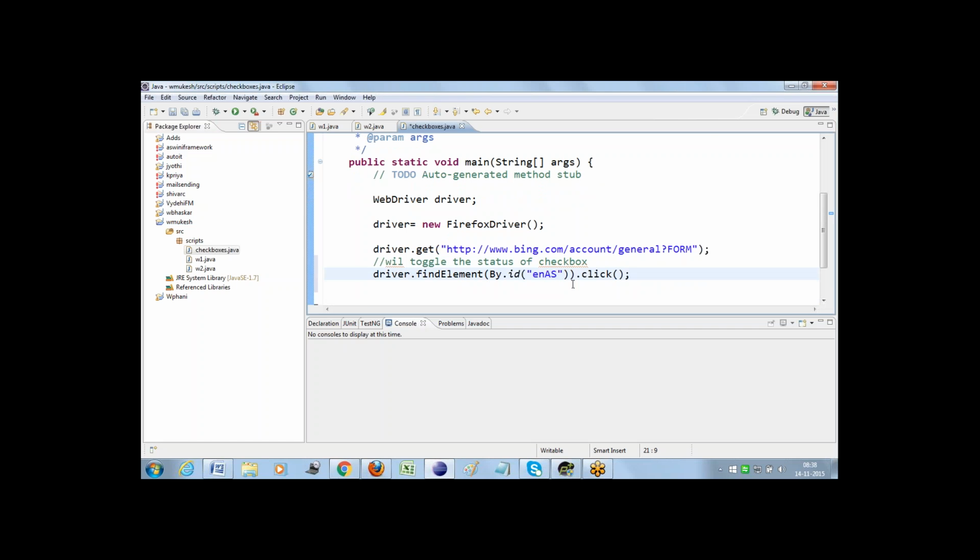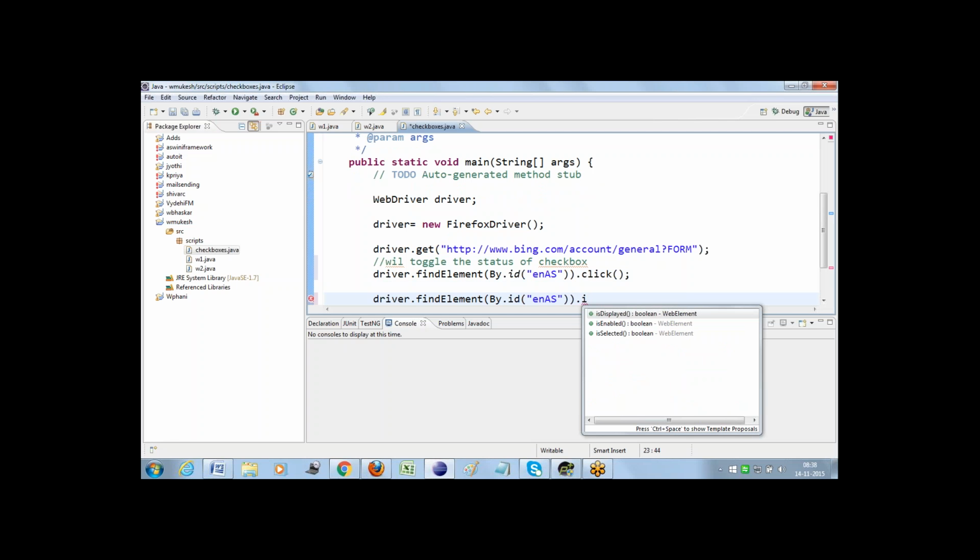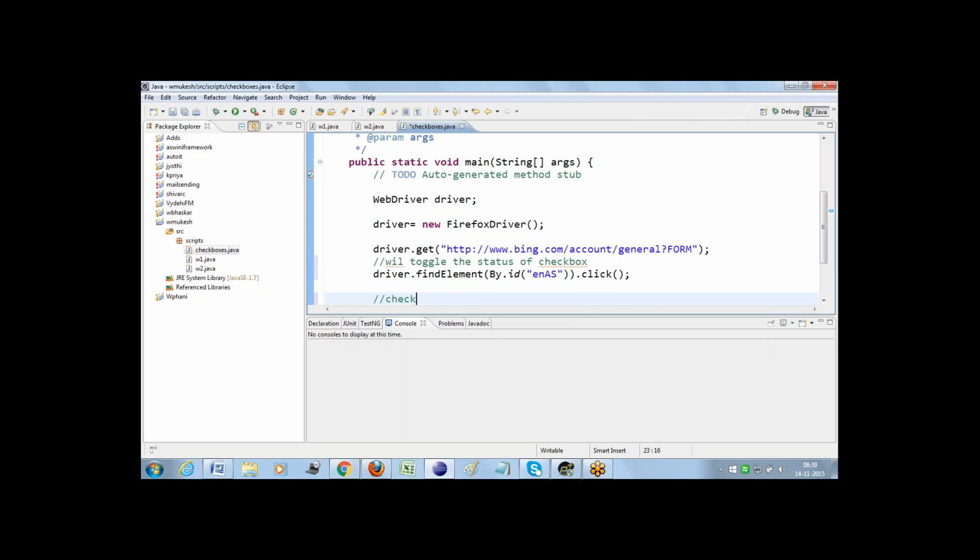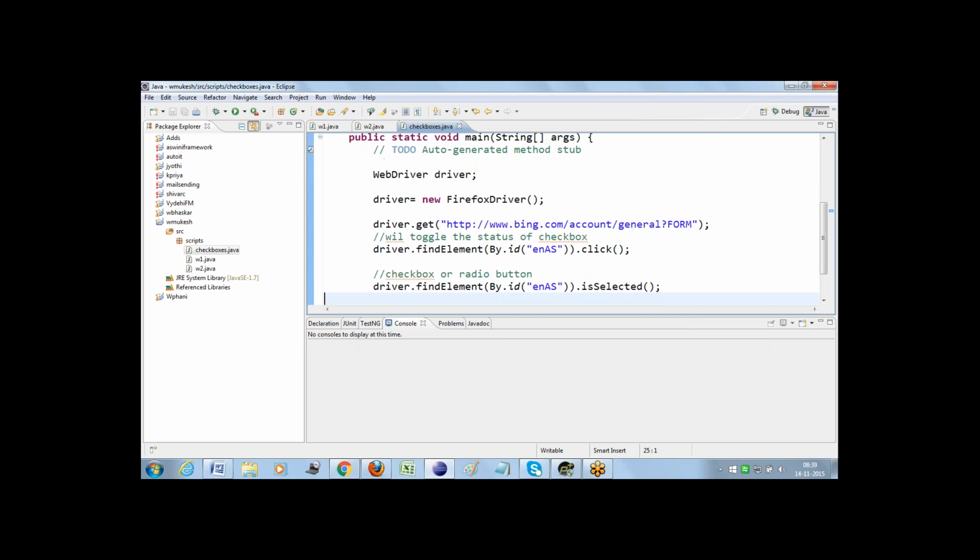Now, what additionally I am doing is findElement dot is. We have isDisplayed, isEnabled, and isSelected. These are three different is commands which check information in a browser. isSelected is a command used for either a checkbox or a radio button to get its status. Whenever I place my cursor on that, the return type is displayed as boolean. So boolean status is equal to